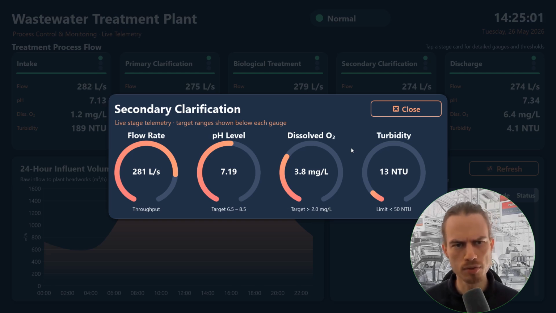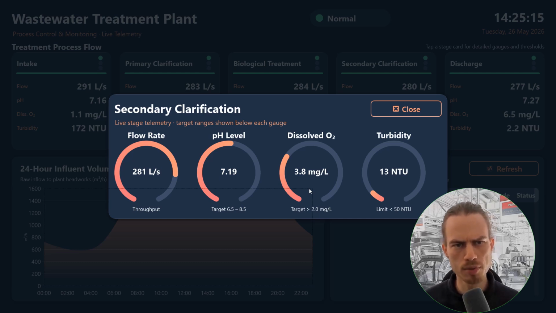Down below, a 24-hour chart traces the influent volume so operators can anticipate the morning and evening peaks, while a live table tracks every chemical dosing pump and flags a faulted one in red. Tap any stage to open detailed gauges, or tap a pump to adjust its set point with a slider and save it back instantly. Remember, all of this was generated by Peakboard's AI from one prompt with no manual programming